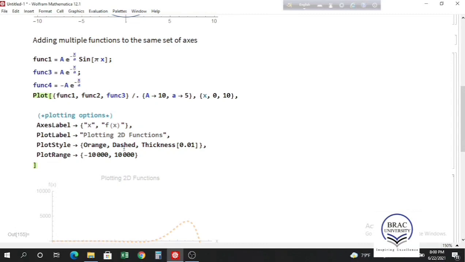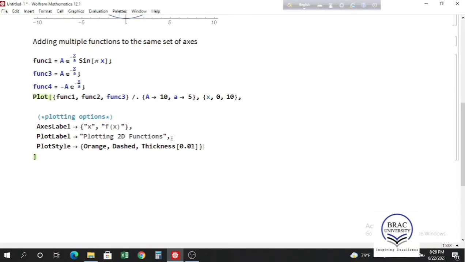Now we can delete the plot range part and keep all other options here. Well, I don't have function 2 right now, so this should be function 3 and function 4. So if we press shift enter now,